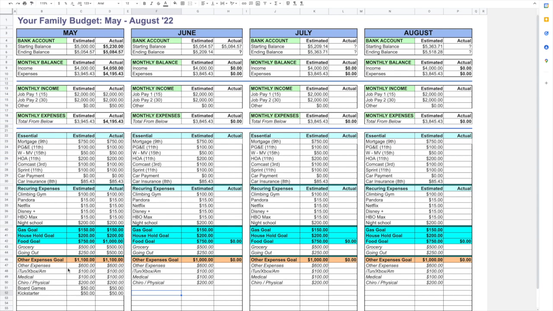That's a problem. You've got to think about that. Maybe you need to look at what your expenses are. But once you do this, then your estimated was there, but now your actual, this goes to here, and then you move along as you go. So that's really it. I admit I am not in this budget as much anymore. There are times when I feel like we're overspending, and I'll pull it out and we'll use it again. But I want to say for 5 to 10 years, this was pretty much, and it's evolved over time, and I've updated it over time, but